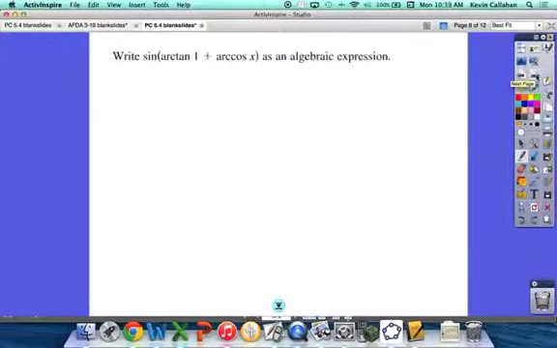Okay, write the sine of the arctan of 1 plus the arc cosine of x as an algebraic expression. So what formula do we need for this? We're doing sum and difference formulas, so which one is it? It's the sine of a sum. So we need this one: sine of u plus v equals sine u cosine v